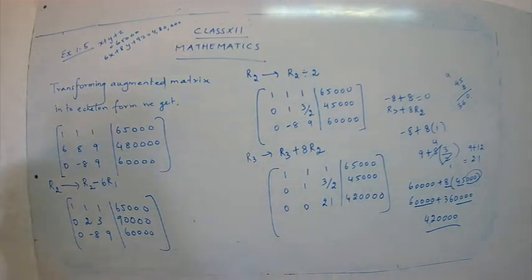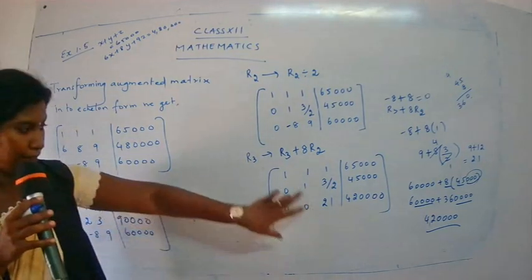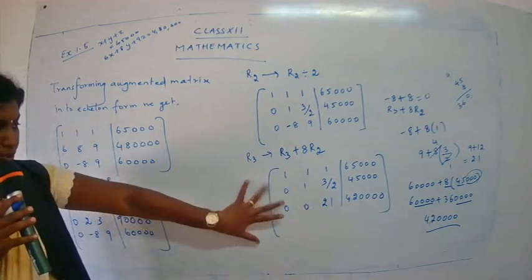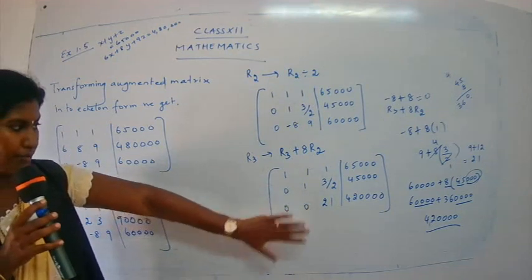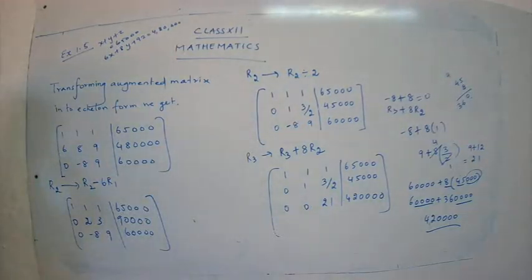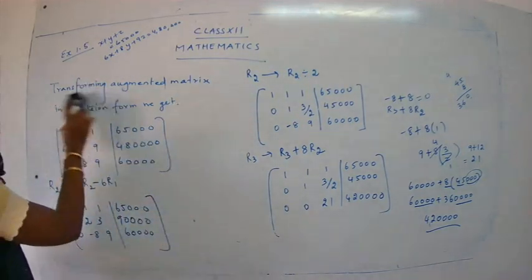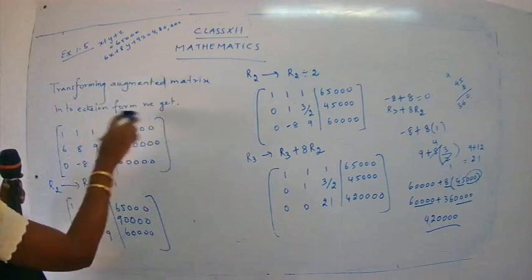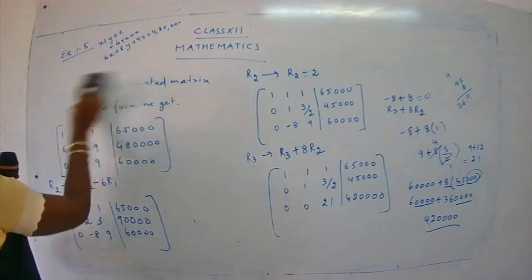So we have arrived at a row echelon form. So I got 2 zeros below it and I got a 0 below it. So we can stop over here. Now we are going to find out the value for unknowns, that is, the value for x, y and z. Let's start. So we'll directly write down the equivalent system. So we are transforming the augmented matrix into the equivalent form. So we are going to write down the equivalent form now.